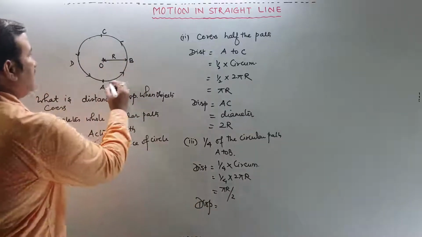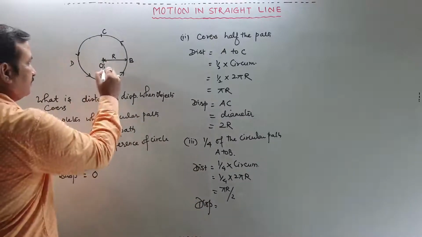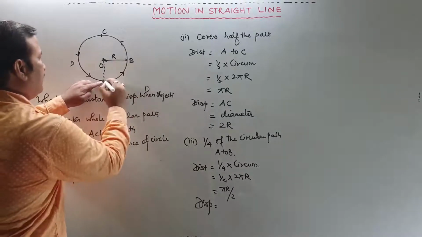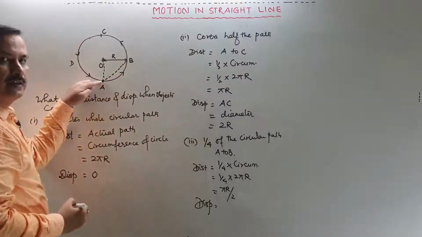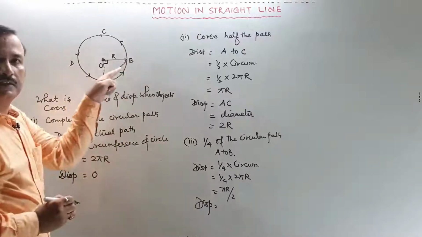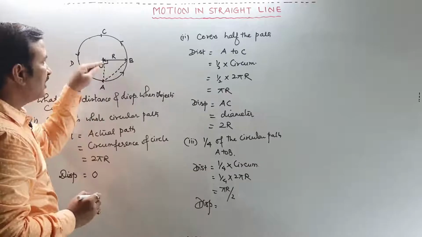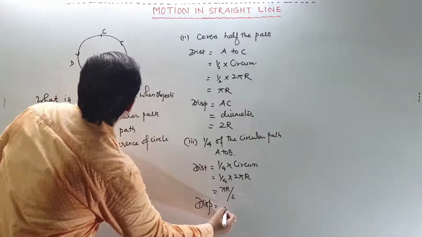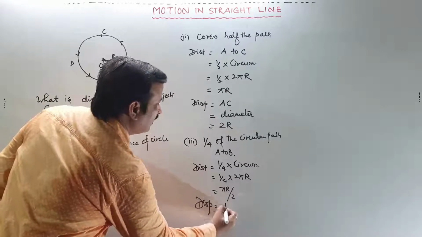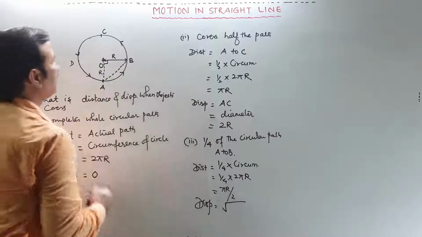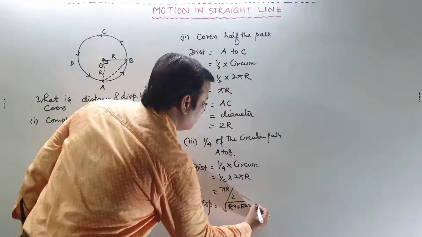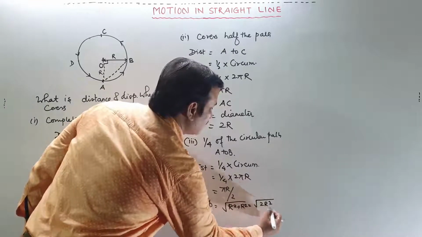It is displacement. You check, straight, instead of going A to B it can go straight like this, right? When we talk about this straight, this is 90 degree, this is nothing but the hypotenuse of this right angle triangle, so we will be finding it. The shortest path will be under root, this is r, this is r, isn't it? So we will get r square plus r square, it is nothing but under root 2r square, we can write